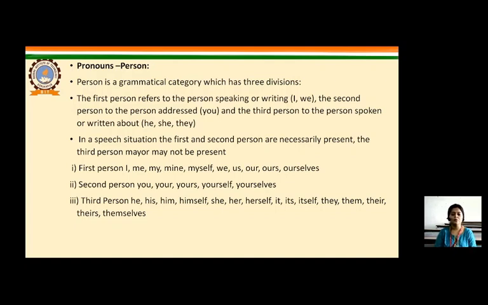The other words that you use for denoting the third person are he, his, him, himself. If he is a male, then you will always use these masculine pronouns. Then we have she, her, herself to denote a female, and it, its, itself if it is a thing, and they, them, their, theirs and themselves are all used when it is something for a group in plural form.